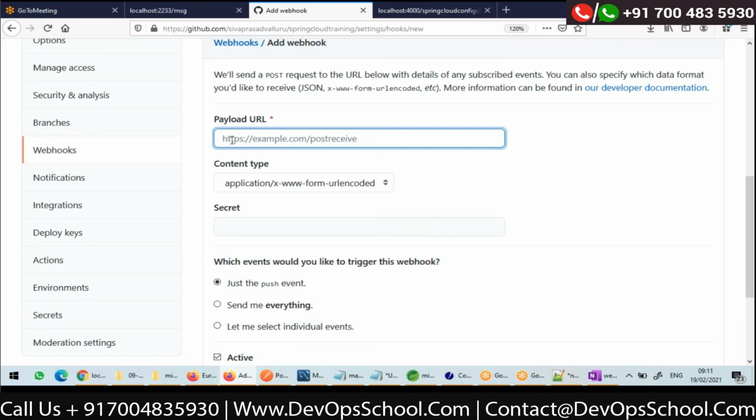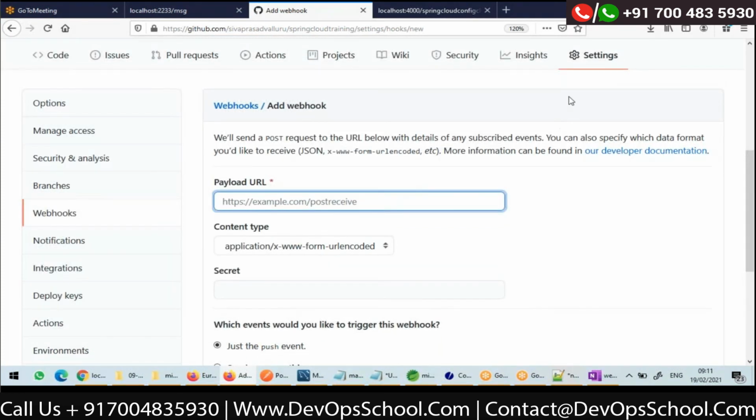What I need to do is, on GitHub, if I give the URL of my application, whenever something is changed in my repository, it will actually make a request to this URL, whatever you give.